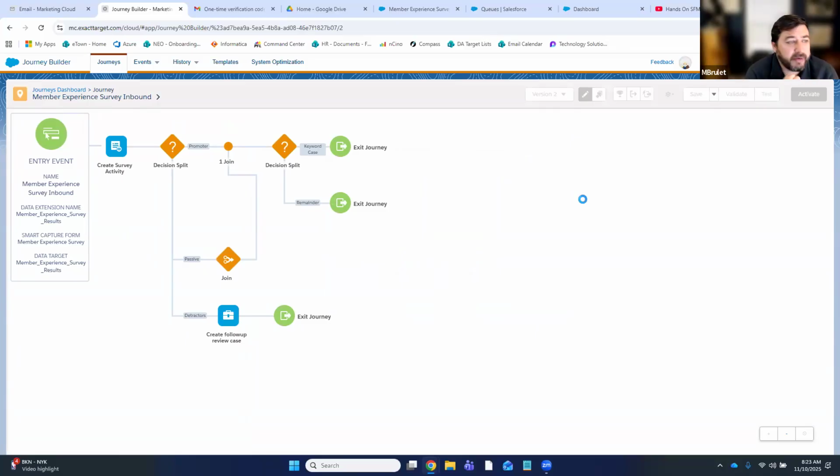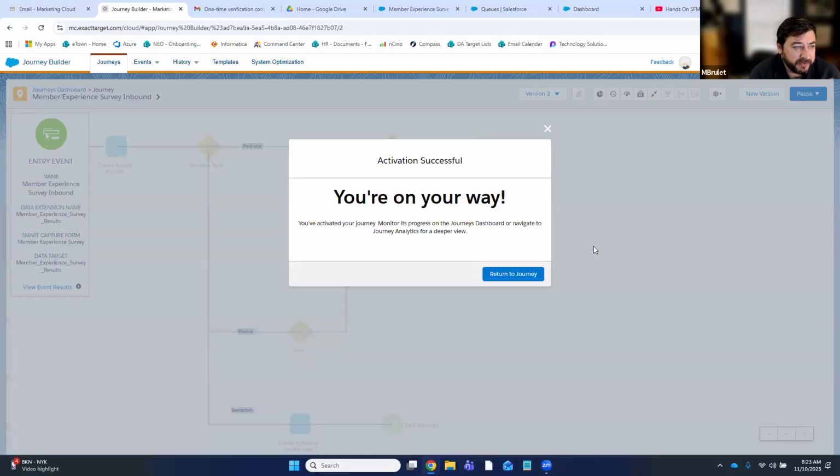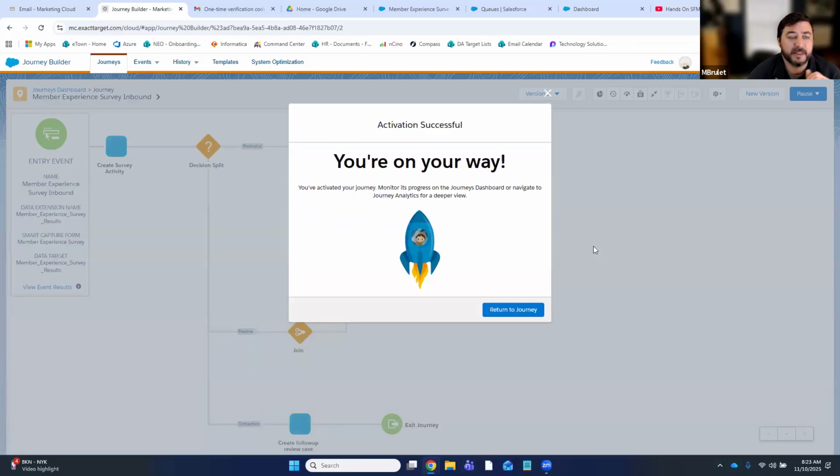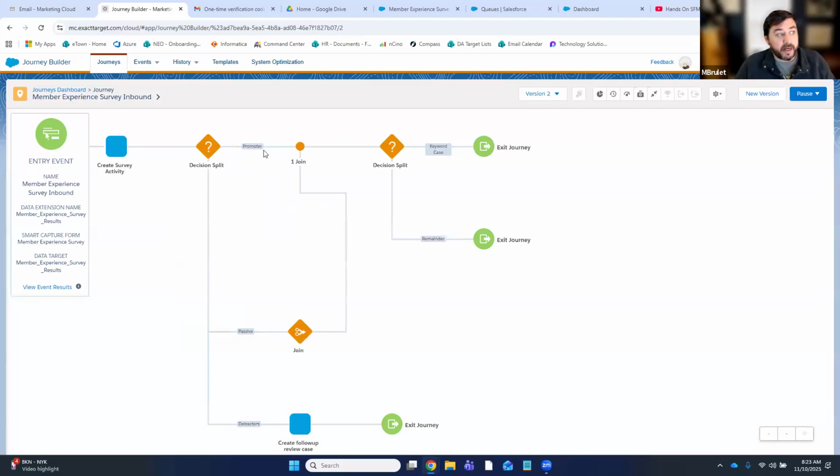Again, we're not planning on triggering any outbound emails for this particular version of this journey. If we had a high promoter score, it's a great opportunity for testimonial gathering. Some folks will point that out to review sites. Just be careful with that. You don't really want to only be asking people who are happy with you for reviews. You want to be aware of any terms of service with those review sites. Not great to be stuffing results like that, but great opportunity to send an email to say, hey, so glad